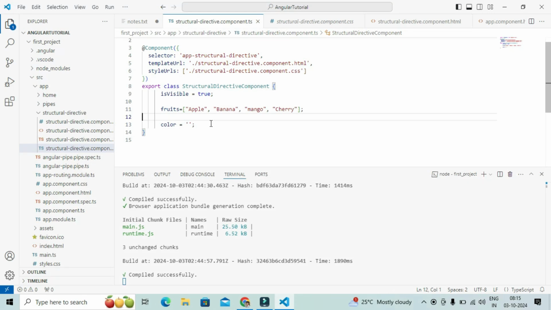Okay, so this is basically ngSwitch. This is the way ngSwitch works, and it is a structural directive. In the same way that other languages use for loop, if condition, and switch cases, this works in Angular. At runtime we can take the values from the ts files, and based on that it will directly render them in the DOM. So it is a very helpful feature in Angular. It makes it easy to render the values directly.